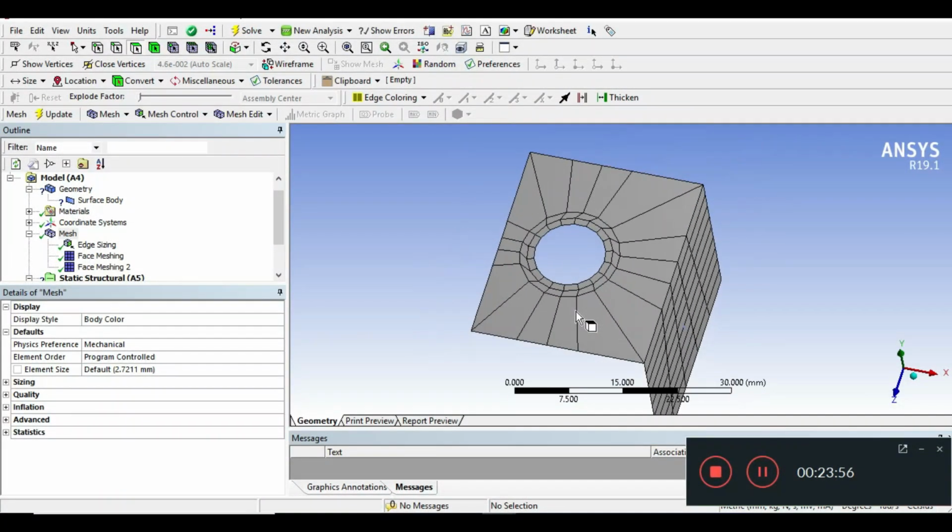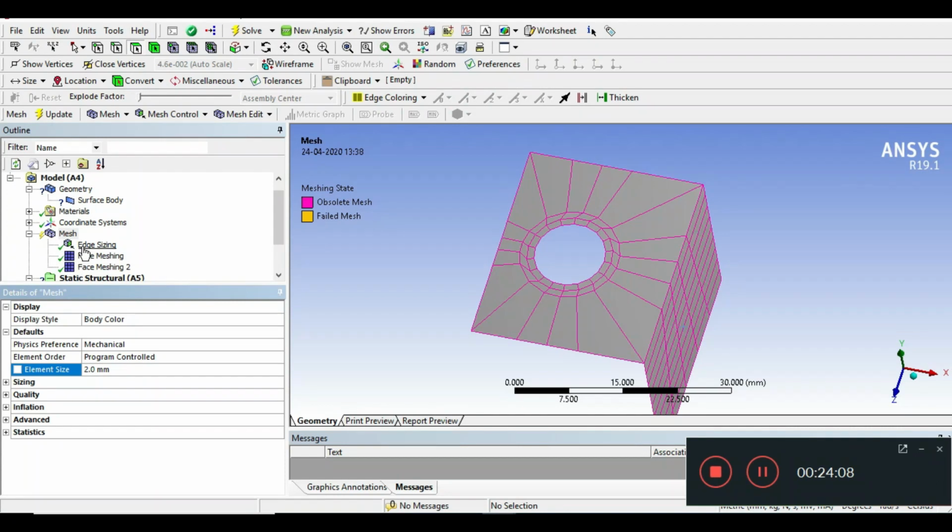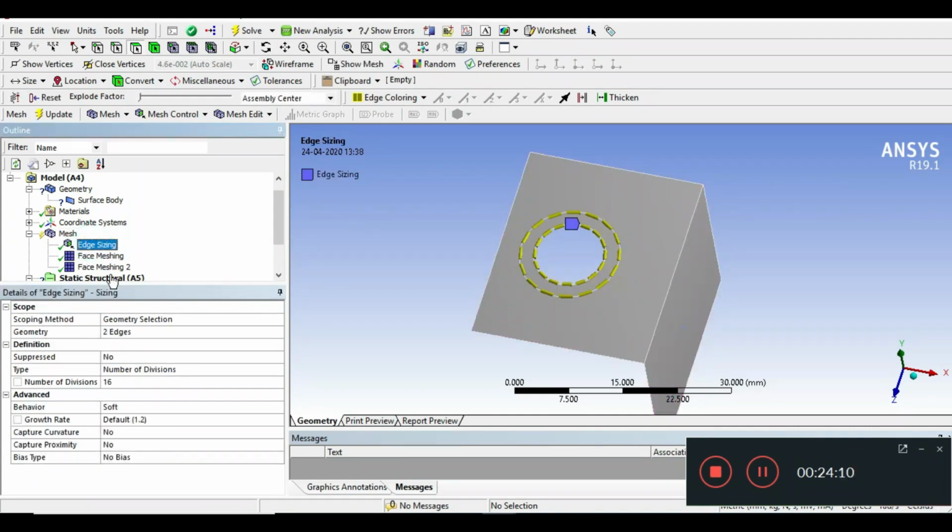So here the mapped mesh is generated, but we have to reduce the size of the element from the global mesh control. Default size 2.71, I can change it to 2, and we can also change the number of divisions to 30 instead of 16.